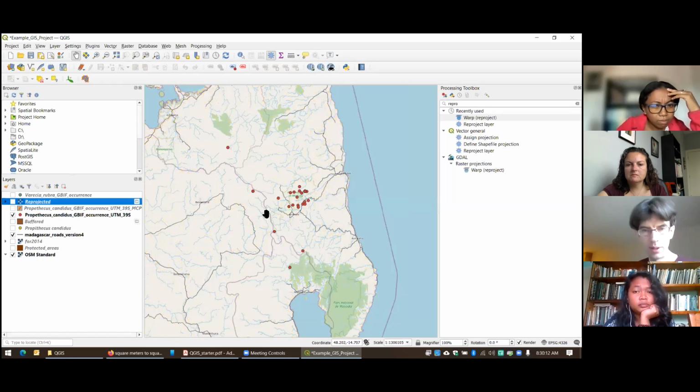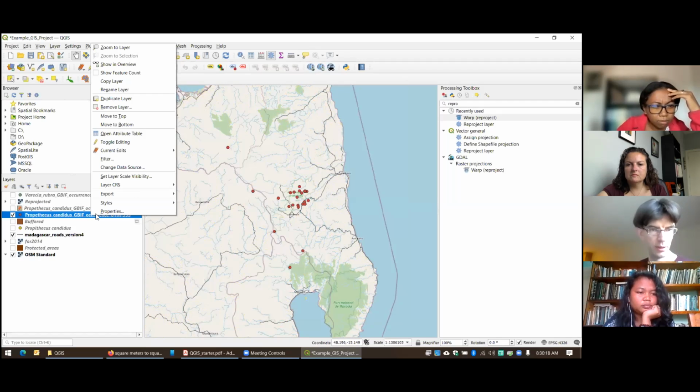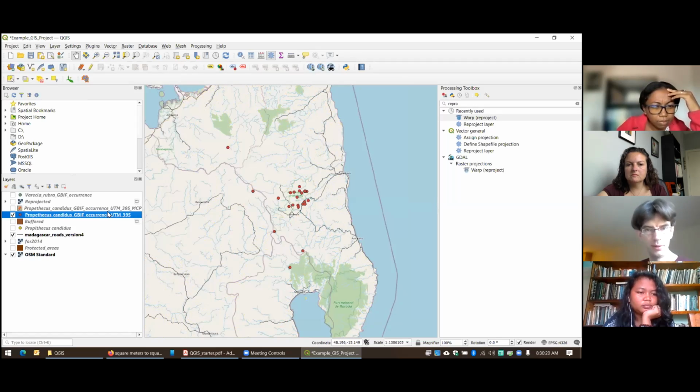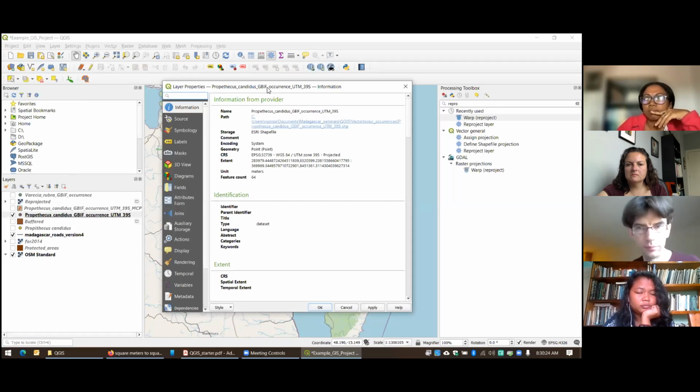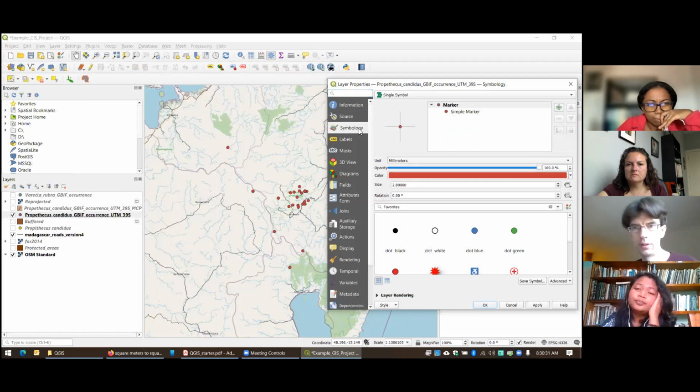And let's talk again about the kernel density estimator. If we right click on the layer that we're interested in and go to properties, then go to symbology, up here there's a menu that says single symbol.